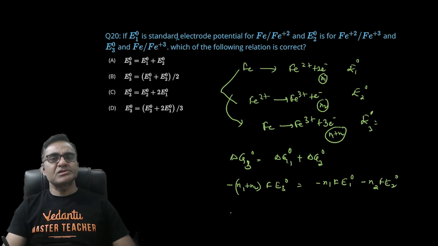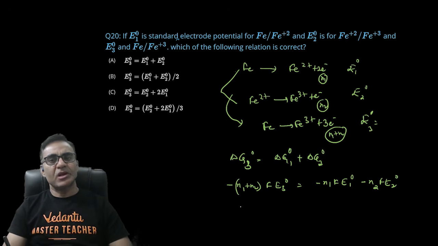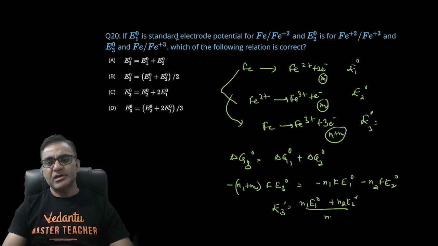Since electrode potential is not a thermodynamic property, it cannot be added, subtracted by addition of reactions. But we can convert electrode potential into corresponding thermodynamic property delta G. यहाँ से आपको E3 नॉट मिलेगा (N1 E1 नॉट प्लस N2 E2 नॉट) divided by (N1 प्लस N2)। अब आप N1 N2 की वैल्यू रख दो।